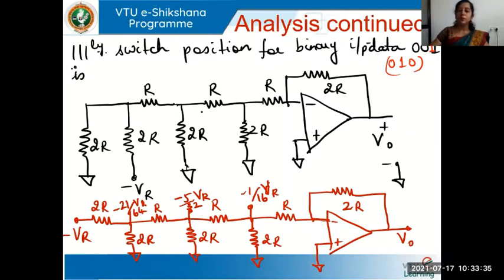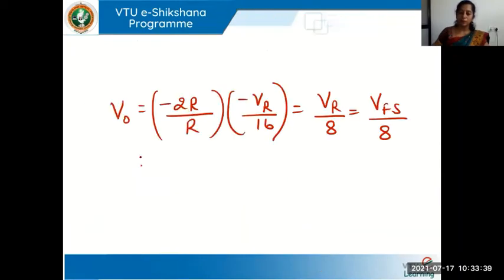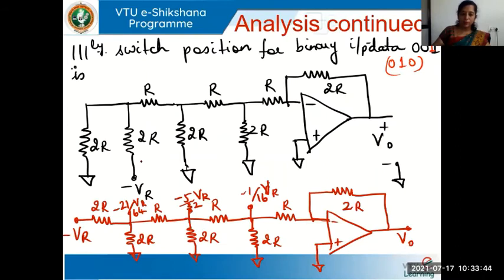So with the switch positions, how will the circuit look? Remember this position was switch B0. This was B1, this was B2. And the values chosen for B0, B1, B2, remember B2 is the most significant bit, are 001. So you have 001 as the values chosen, which means B2 should be connected to ground.